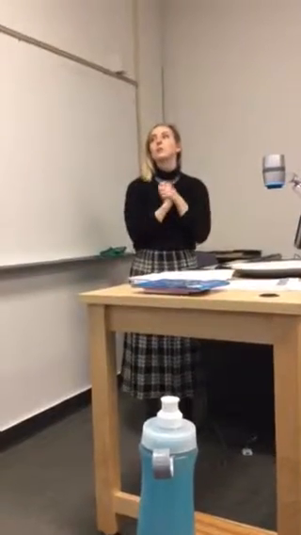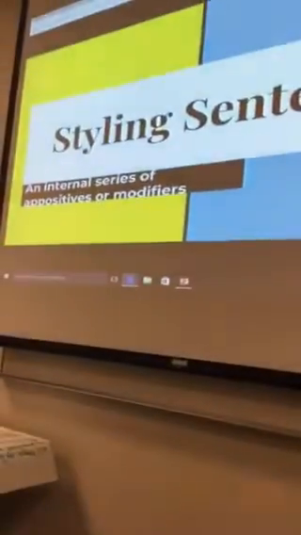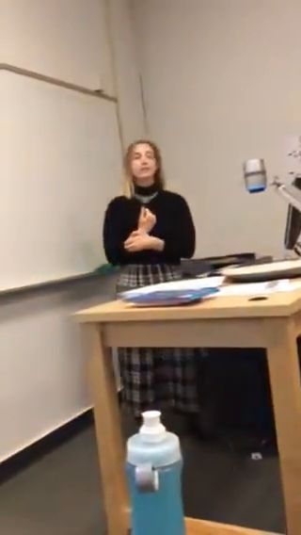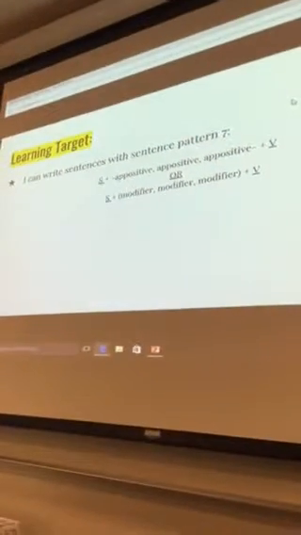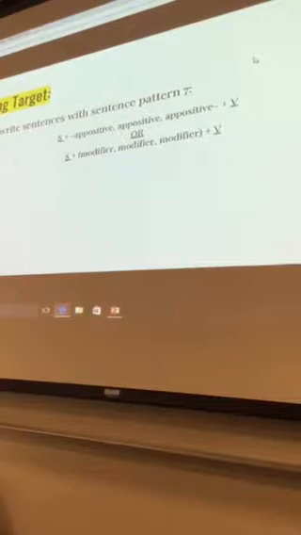Perfect. So today we are going to do styling sentences. I'm going to teach you how to use an internal series of appositives or modifiers. Your learning target today is to write sentences with sentence pattern 7, and that is a subject plus a dash,